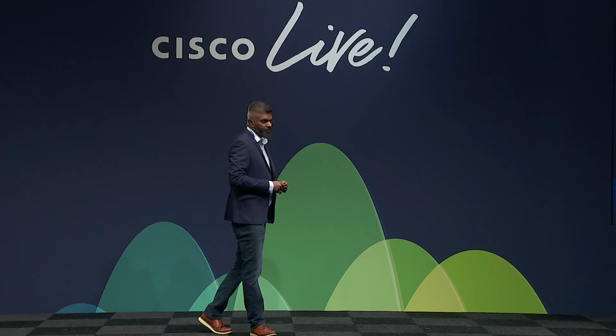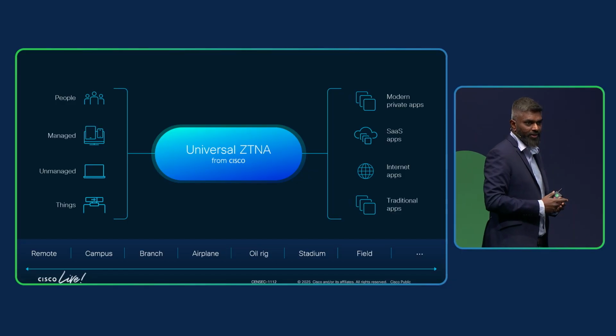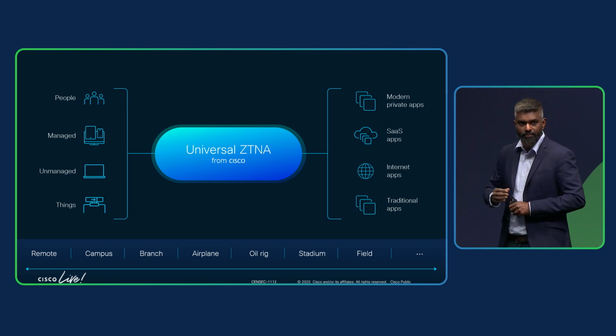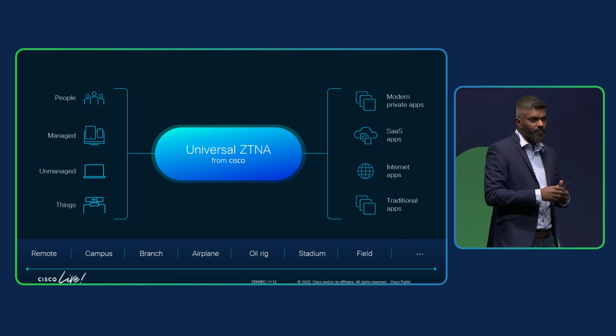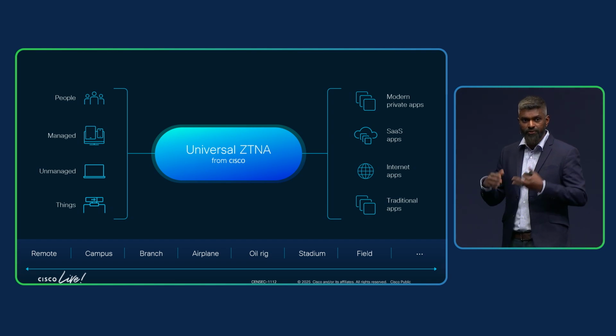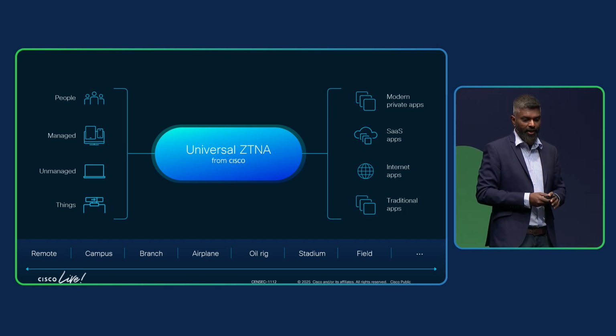One of the big areas that we often find is that point product solutions in the space are very, very narrowly focused on one thing, which is, hey, you have a user who's on a managed device, and they're accessing an application for that purpose, right? This is how we're actually redefining universal zero trust network access to make it applicable to every user, meaning if the user is a remote user, a managed user, an unmanaged user, doesn't matter. If the user is at home, in their home office, or in their branch office, doesn't matter. We can seamlessly extend this security construct across all these different locations.